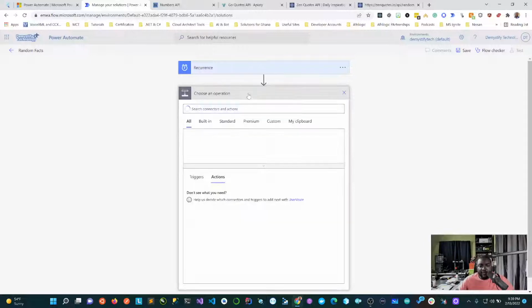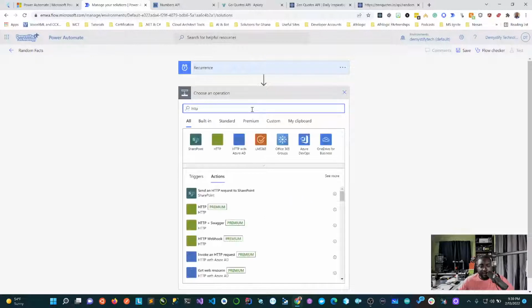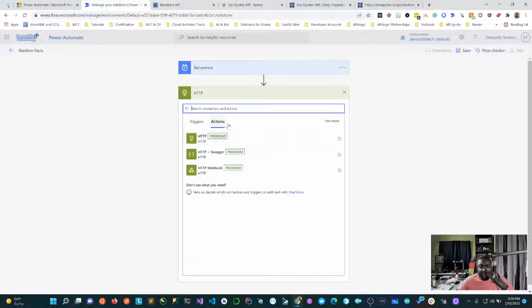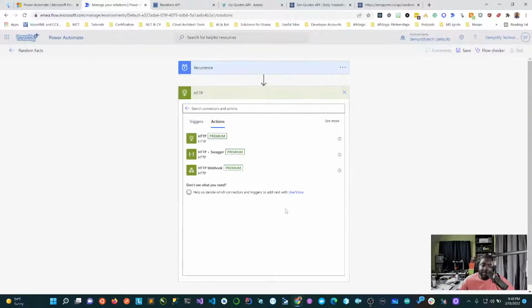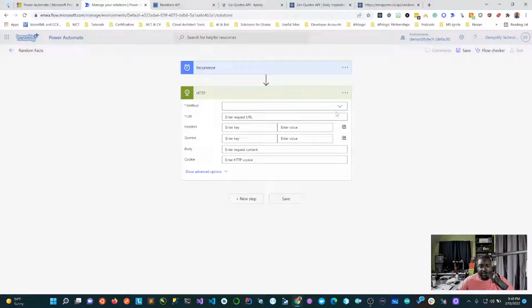All right. So let's go ahead and do HTTP. And I can see an HTTP here, and I can say, just make an HTTP request. Let's use the trial, because it's a premium connector, it's asking me to do that. So the method here is going to be GET, and I'm not going to explain GET in this.